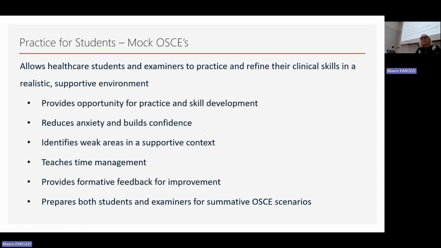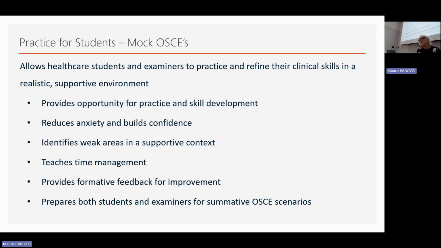So the mock OSCEs allow them to practice and refine their skills in a realistic and supportive manner, and provide opportunities.